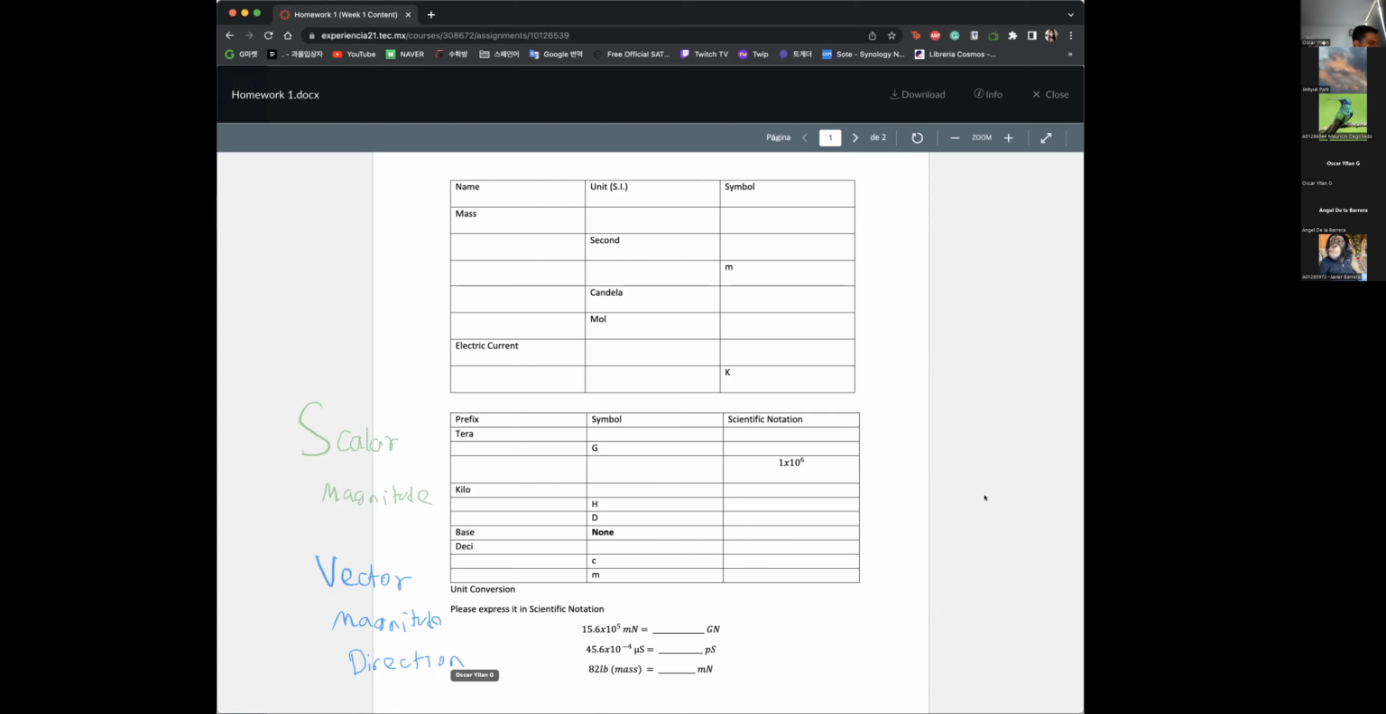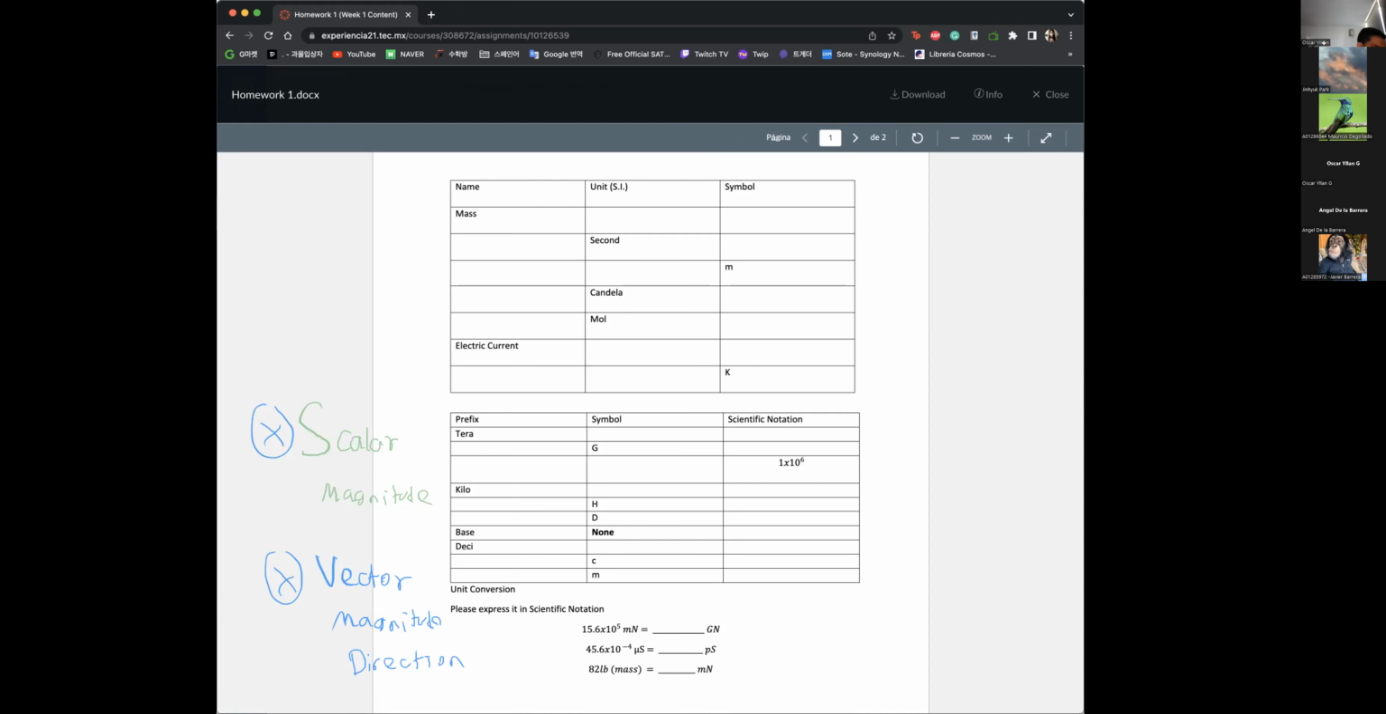Yes. And remember, quantities can be scalars or vectors, but never both at the same time. So the quantity is a scalar or is a vector, but it cannot be both. It has to be one of them. Remember, what are the properties? Also, remember that